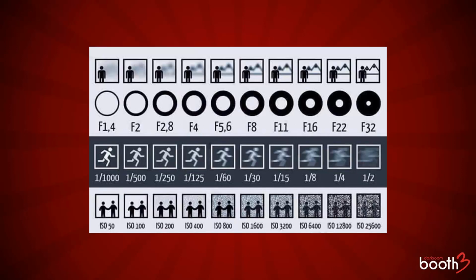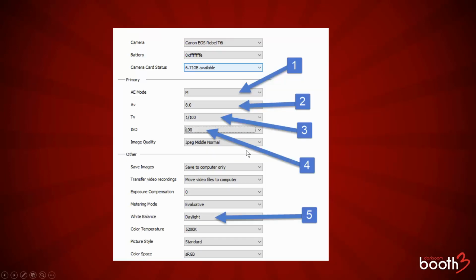Now, here's a little chart that I wanted to use to explain the differences between aperture and shutter speed. It's sometimes referred to as time value. In the software, when you're looking at it, you'll see TV, AV, etc. So, in fact, let me switch over to this screen right here. This is what it looks like in the software. Now, this is for the T6i. If you're using a different camera, yours may look a little bit different